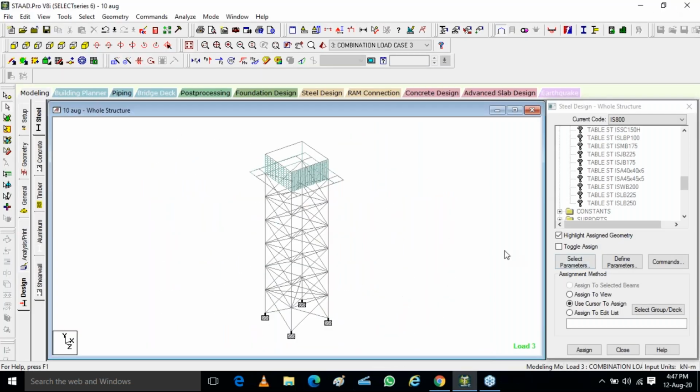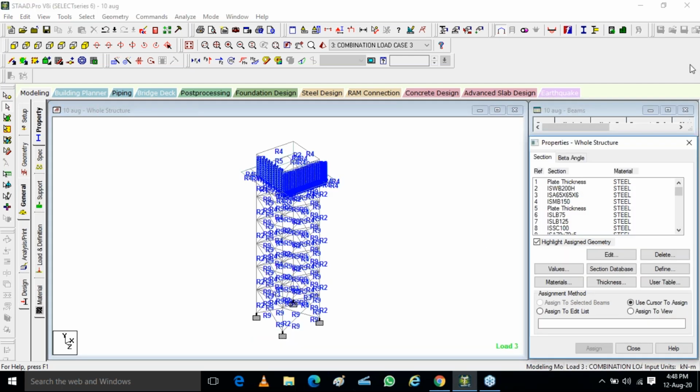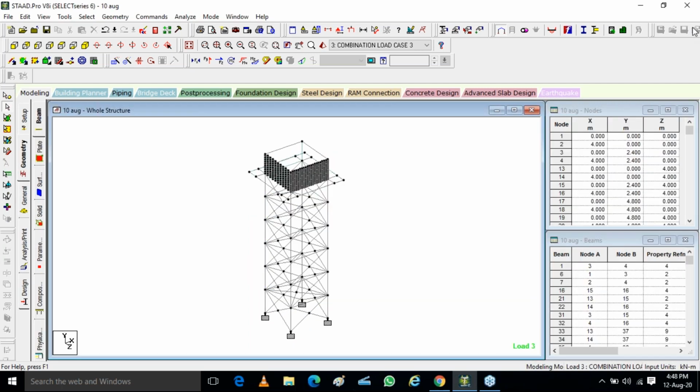Any doubt with this, anyone? This is what your steel design will look like. Any doubt, anyone? Just raise hand if you don't understand. If you understand this completely, please raise hands, because from tomorrow we are going to work with concrete design, not steel. Any doubt, anyone? Akshay, any doubt? Ankita, Rukesh, Prem, Prerna, Priyadarshan, Raj Rajeshwari, Ranjita, Satyendra, Shivam, Shubhankar, Vivekanand. Any doubt? Anybody have any doubt? Please let me know.